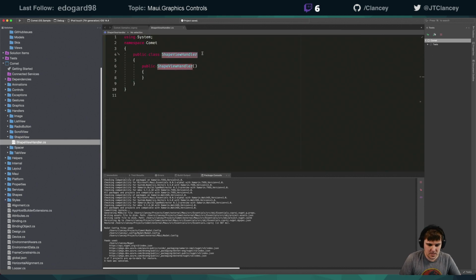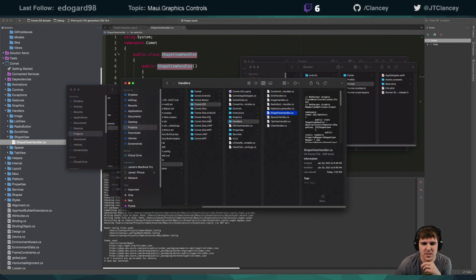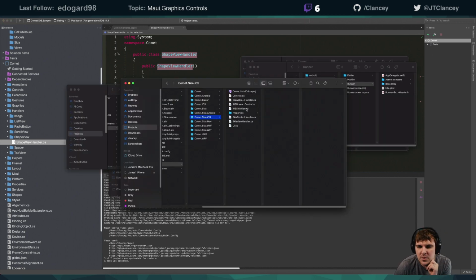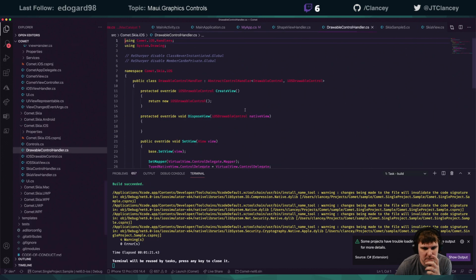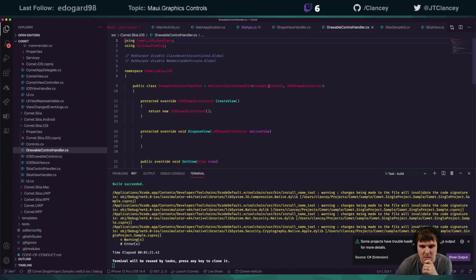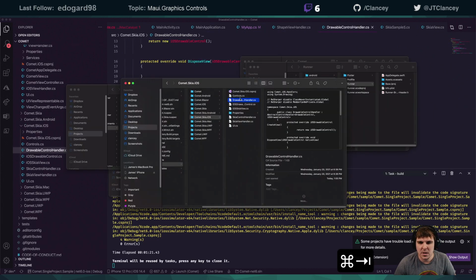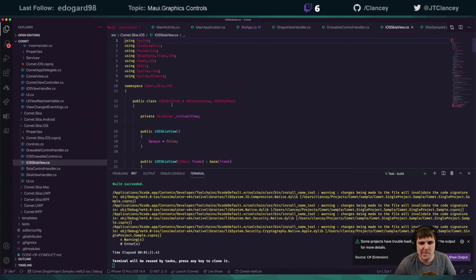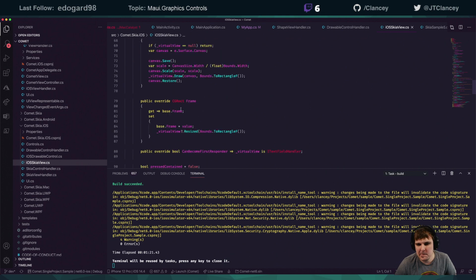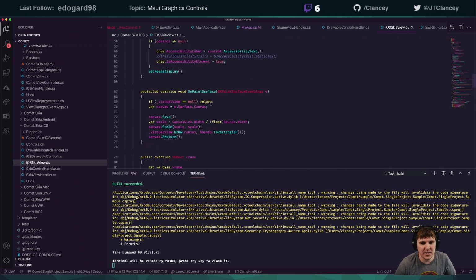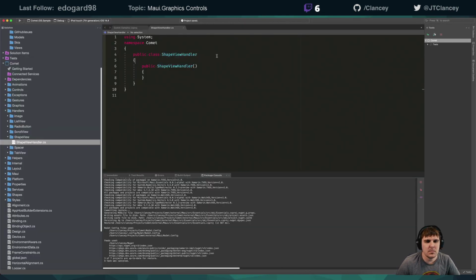All right, ShapeViewHandler.cs. And actually, the shape view handler is going to be closer to the Skia one. Because if we look at the Skia, maybe it's the drawable handler. It does the drawable control, and the drawable control. We might need to bring this thing over. We're just going to start simple though. All right, so inside of here, we're going to do this as